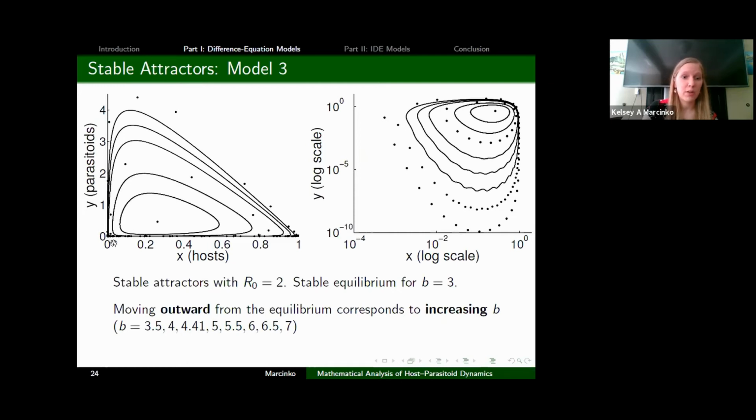And I'll note here that the parasitoid population you can see in each of these, as we increase B, is getting closer and closer to the axis, which is much more visible in our log scale plot here. You can see the parasitoid population is dropping to 10 to the negative 10. So ecologically, if we had biological parameters in these ranges, we would expect the parasitoid population to be knocked extinct by some sort of environmental stochasticity, some sort of event that would knock out that population. But,